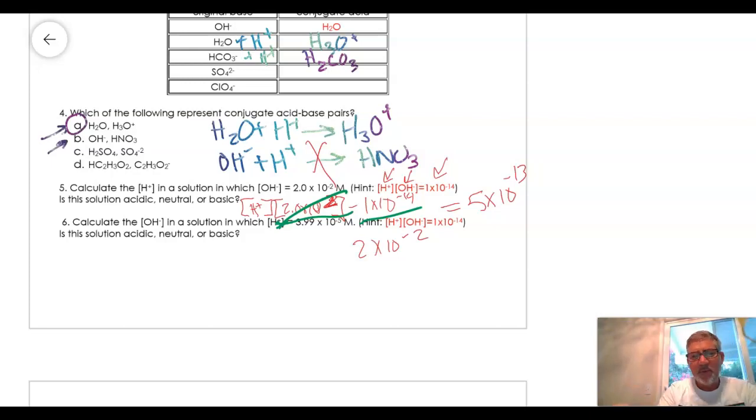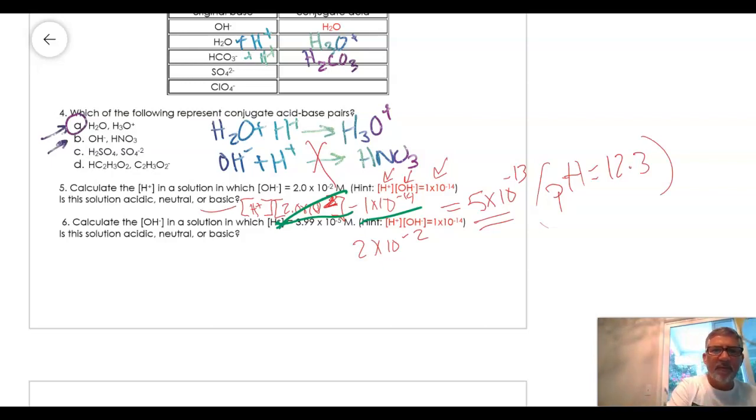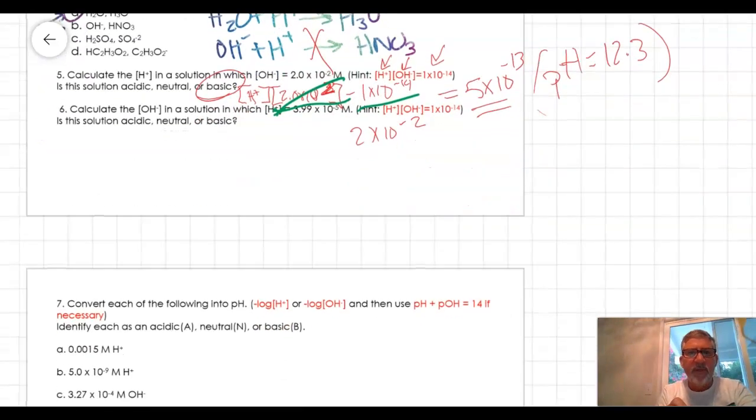So I can estimate the pH of this. But if I do the pH calculation for this on my calculator, this is a pH equal to 12.3. So I'll know that this is basic. Okay? So I'll know that. So you do number 6 the same way. Number 7